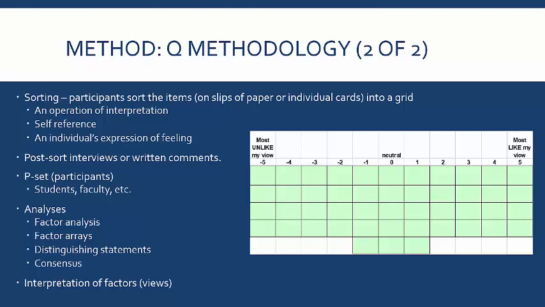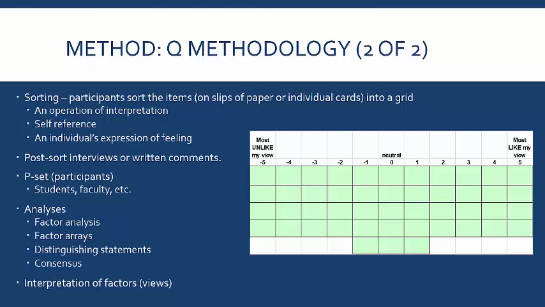Anyway, we call the set of participants the P set. I don't really know why. We do factor analysis, which again is kind of quantum mechanical in its mathematics. Theoretical sorts come up for the different viewpoints. So instead of averaging everybody together like you would in a survey, we actually group them based on factor analysis. Sorts that are similar, so similar viewpoints, get grouped mathematically. And then these factor arrays are created for each viewpoint. It all makes sense when I show you some examples.